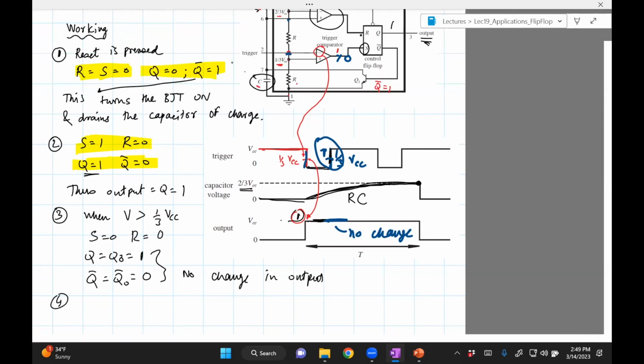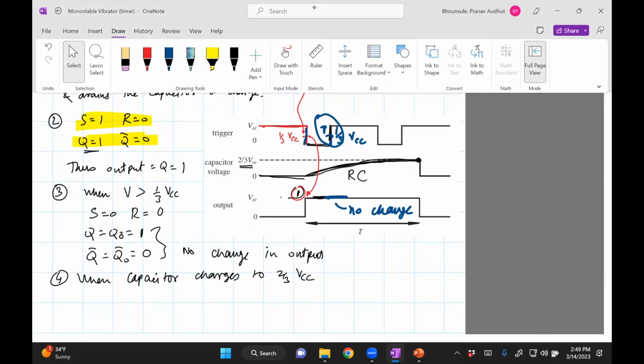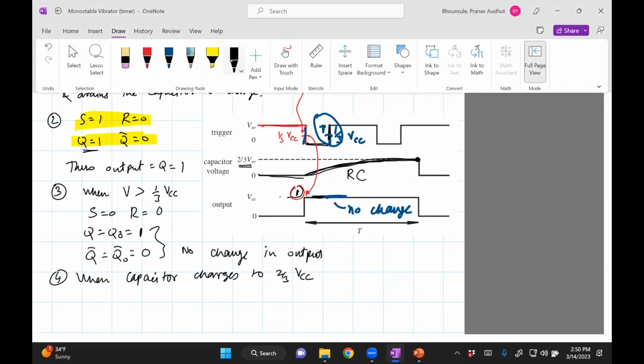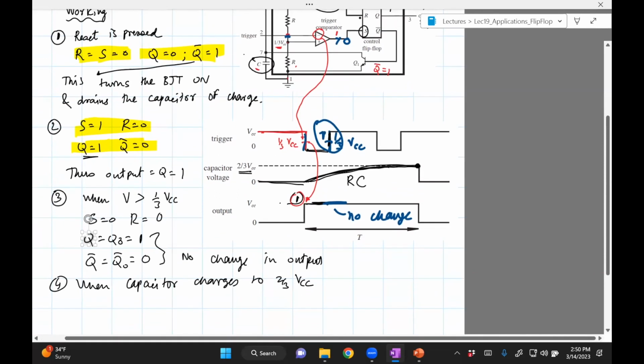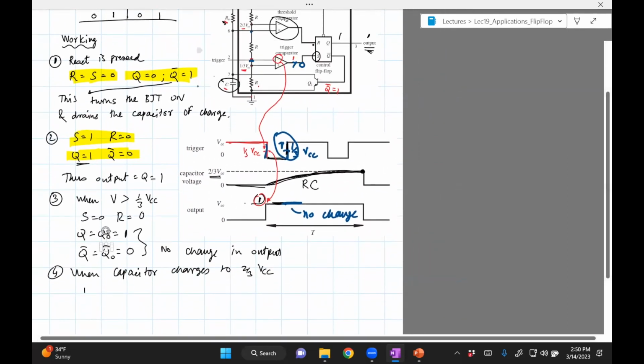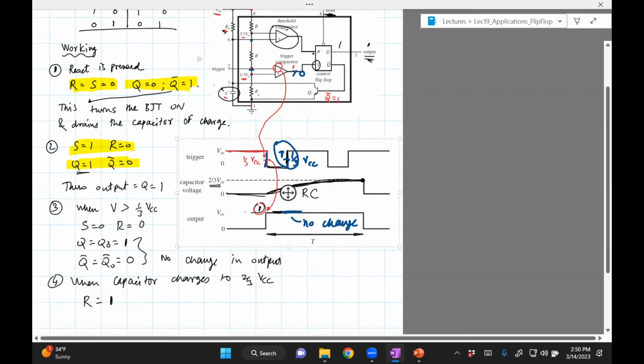So when the capacitor charges to 2/3 VCC, R will become 1, okay, because